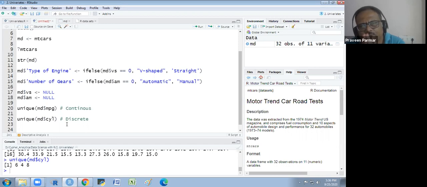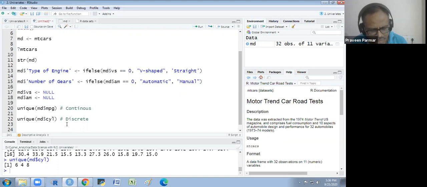Does that make sense to everyone? So the cylinder variable we convert into factor. Is there any doubt? If you have any doubt, any query, you could ask me. Okay. So we convert cylinder into factor.